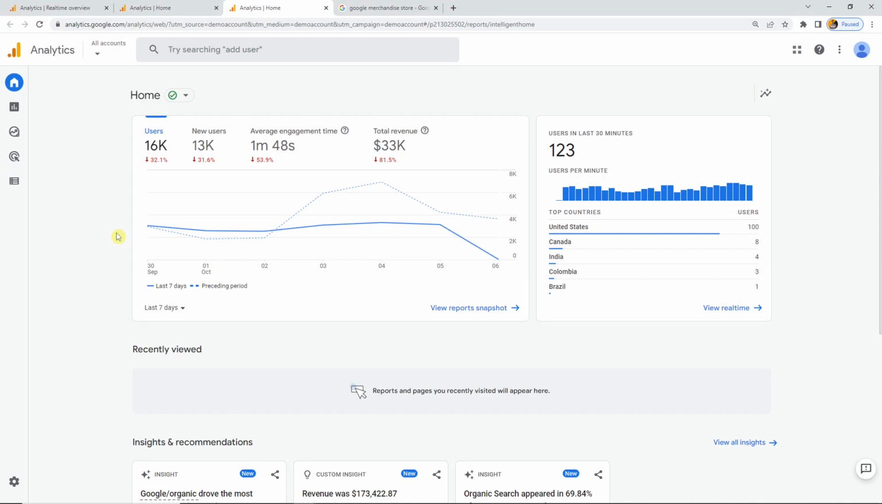In this video, we are going to talk about the real-time report in GA4. For that reason, I changed my default created account to the Google Merchandise demo account. How to set that up, I showed you a few videos before. Here I have my home screen, and I now switch to the Reports tab